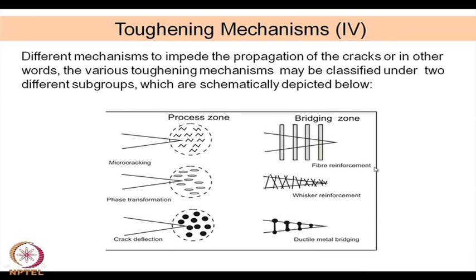This is the bridging zone mechanism. There is a fiber reinforcement, that means as you know ceramics can be reinforced with different other phases. It can be a fiber, it can be a whisker, it can be even a ductile metal bridging. Metals can be used as a reinforcement. So, these are all reinforced materials, primarily fiber like reinforcement. There can be particle reinforcement here, but here it is a fiber like reinforcement. So, these fibers are actually bridging the crack, anchoring the crack so that it cannot propagate. Now,